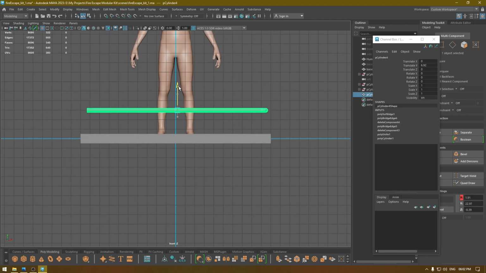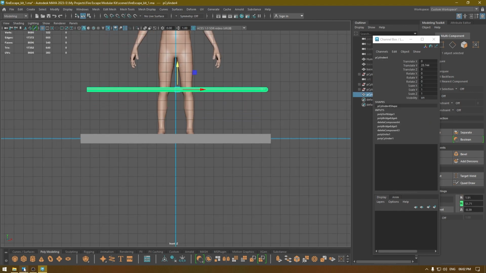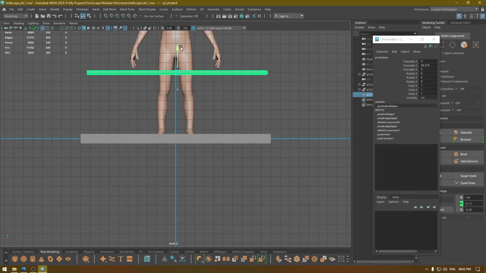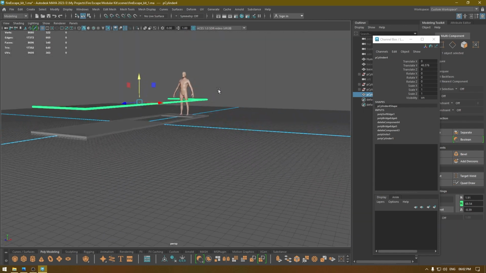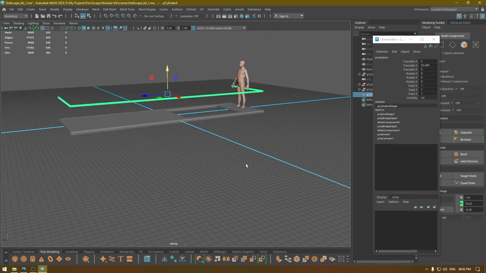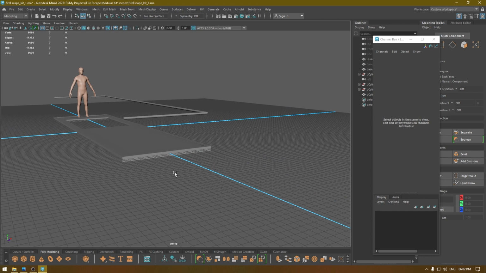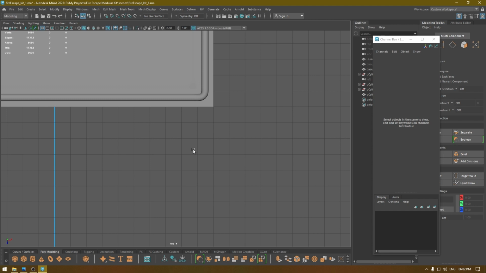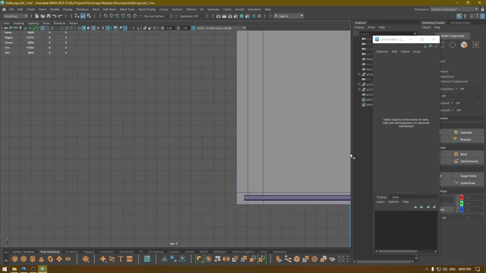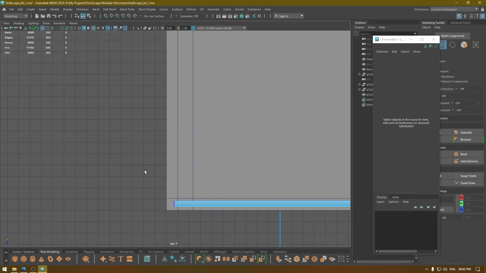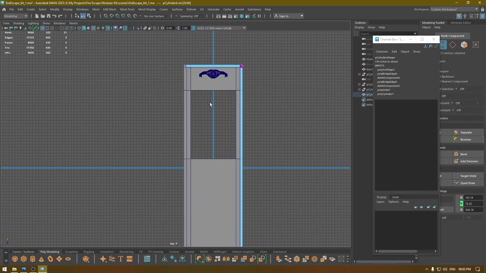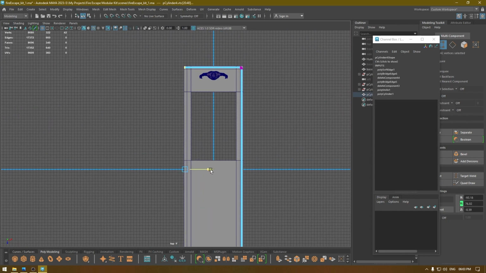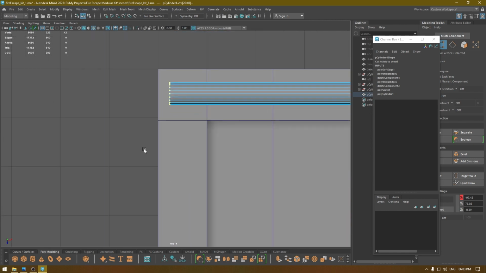So I'm going to pull this up something like this, and now we need to create the bars for this railings. Let's go to top view, and I'm going to select this, go to vertex mode, select the vertices on this side and the other side, push them to the end like this,